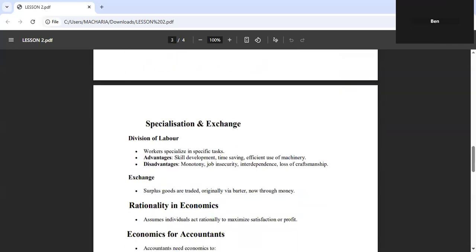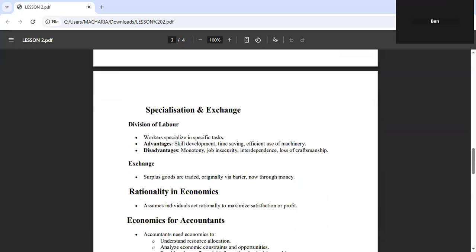Now, before I proceed, if there's any question, kindly place it on the chat so that I can respond in due course. Any question? Good. If there is no question,